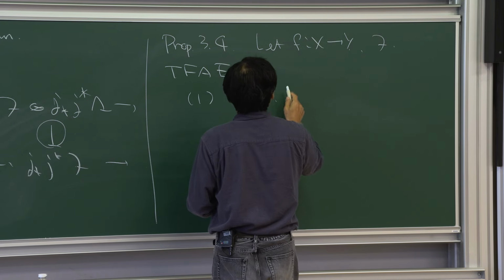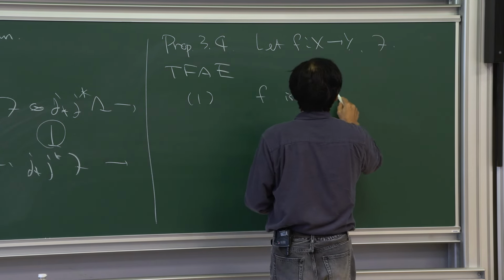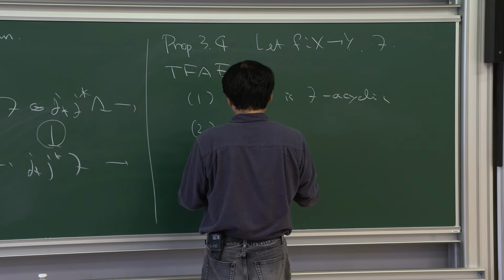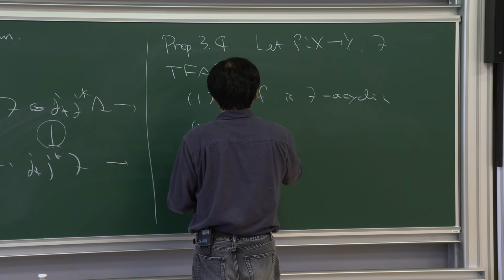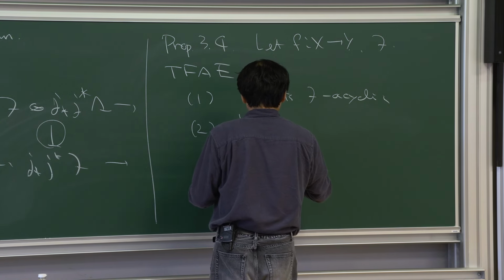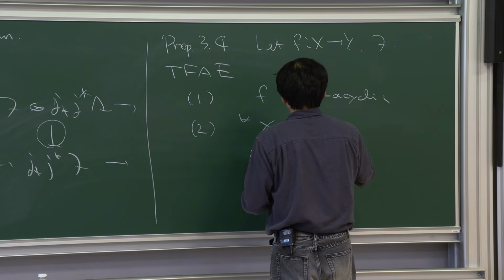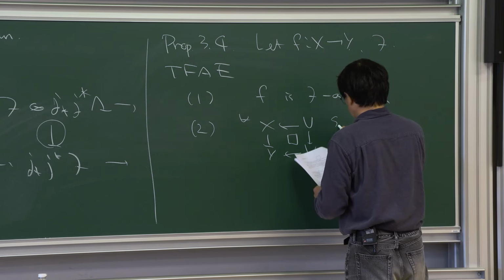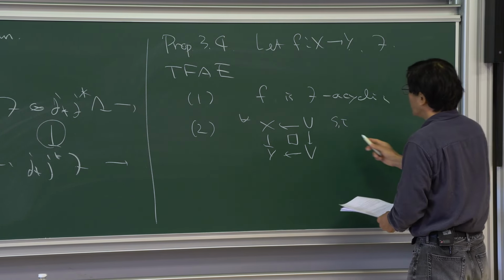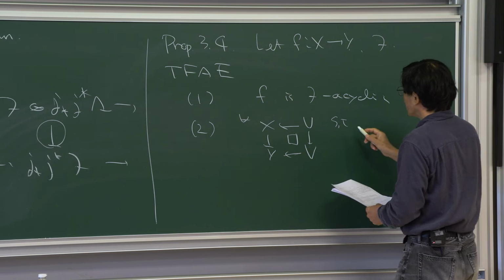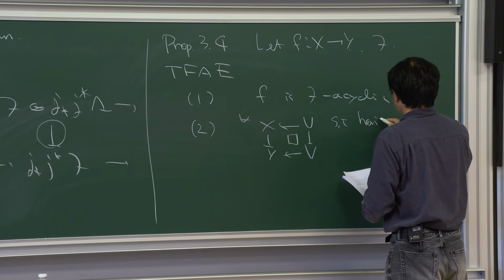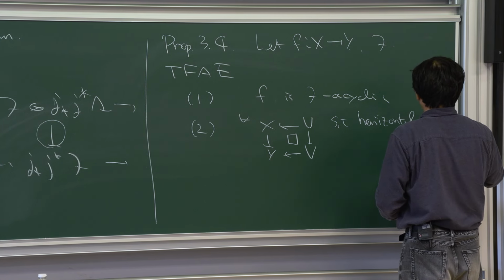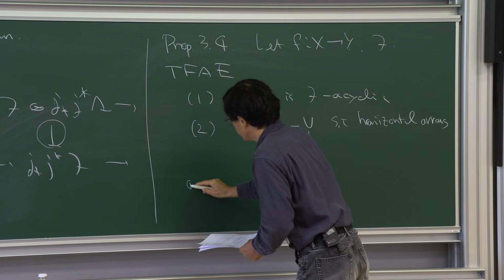The first one is that F is acyclic. And the second one is: for any Cartesian diagram such that the horizontal arrows are immersions,